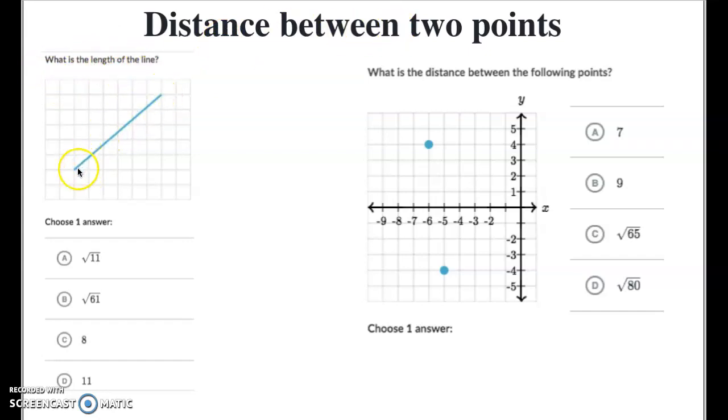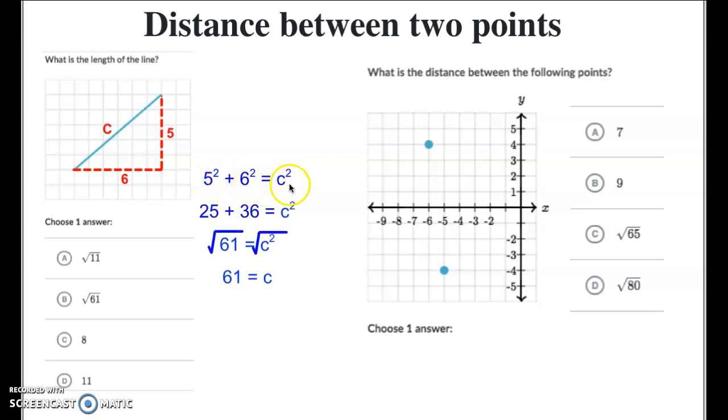Well, you're going to notice that this line, if we were to make a straight line going across and a straight line going up, it makes a right triangle. By now, you know best, if we want to find the distance of side C right here, we simply use the Pythagorean theorem. A squared plus b squared equals c squared. Well, 5 squared is 25, 6 squared is 36, equals c squared. 25 plus 36 is 61. In order to take the square root of 61 and the square root of c squared, we get c equals,